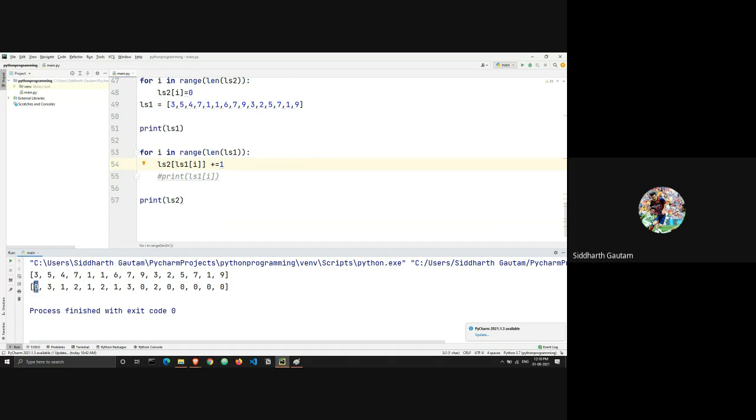At index 0, I have the value of 0, which means that the element 0 is occurring 0 times in the entire list. Take a look at this list. Is the number 0 occurring even once here? It's not, right? Now we move on to the first index. The first index has the value of 3. This means that the number 1 is occurring 3 times in the list. Number 1, 2, and 3. And now we move on to the next index.